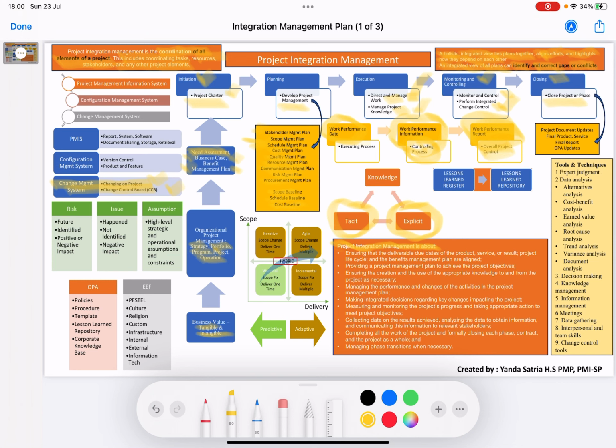Yeah, we gather the information that we get from the data, and then it is defined by each department, and then they gather that in one document called the project performance report. Okay, now